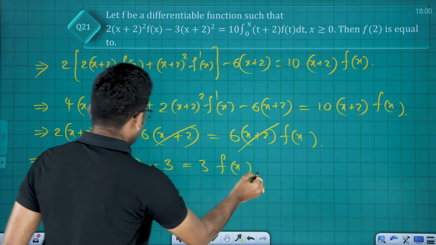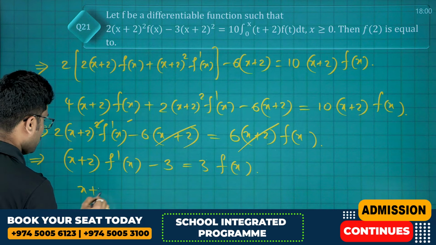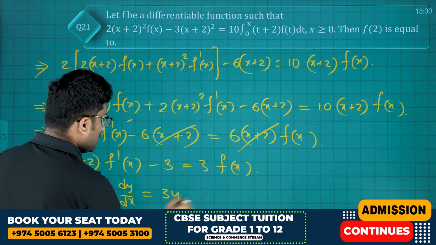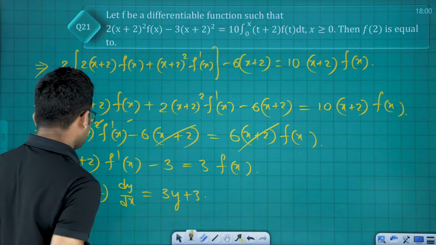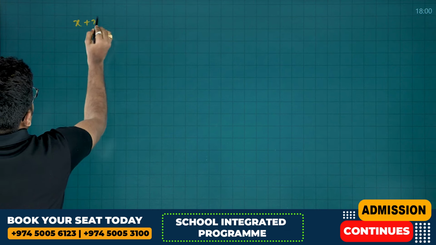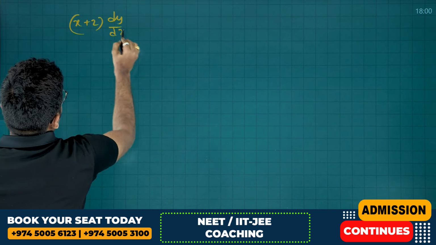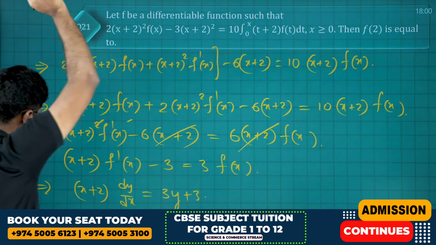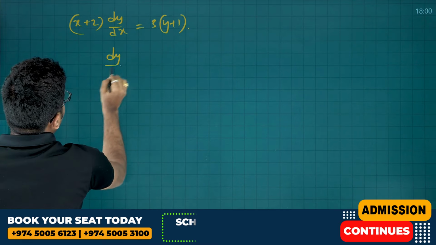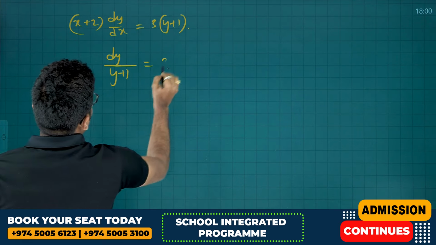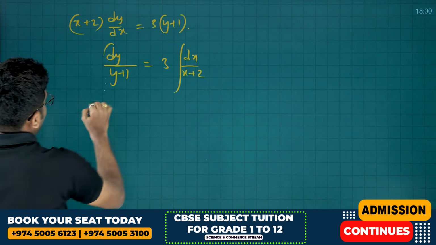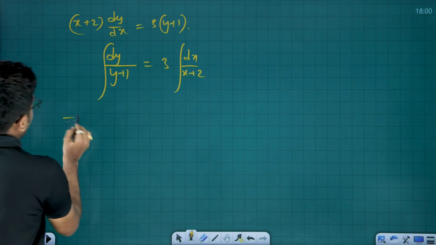is equal to 3 times f of x. Taking (x plus 2) into f dash x, let me write it as dy by dx, is equal to 3 into f of x, as y, plus 3. So 3 times (y plus 1). Now (x plus 2) into dy by dx is equal to 3 times (y plus 1). So dy by (y plus 1) is equal to 3 times dx by (x plus 2). Integrating both sides,